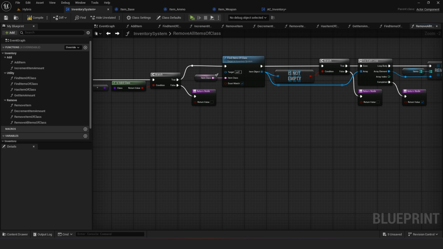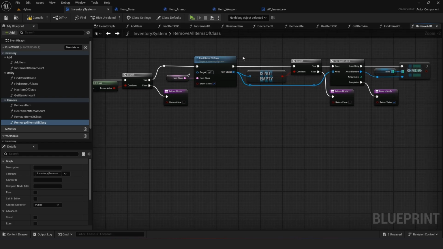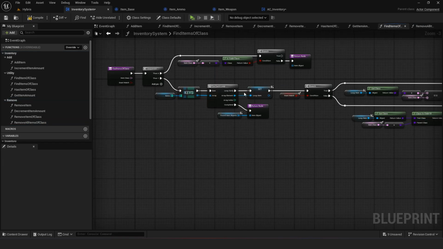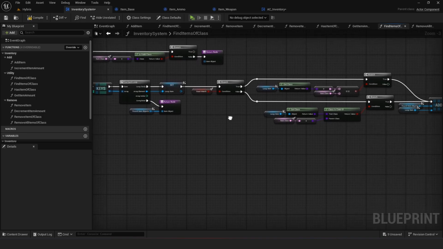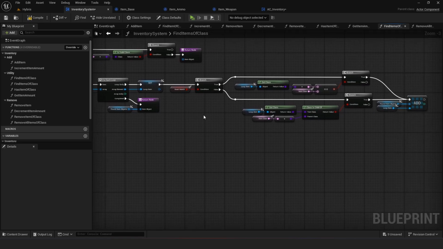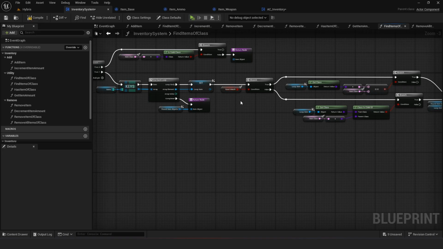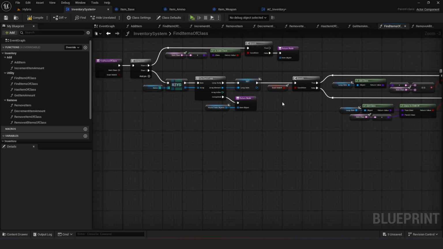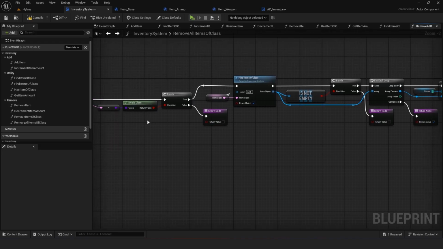If it's not stackable, then in theory it should find multiple. Is that the case? Find items. Yes, that should be the case. Yeah, although I should probably check